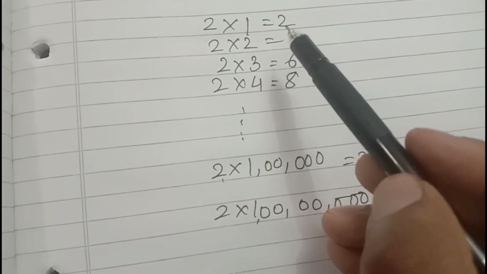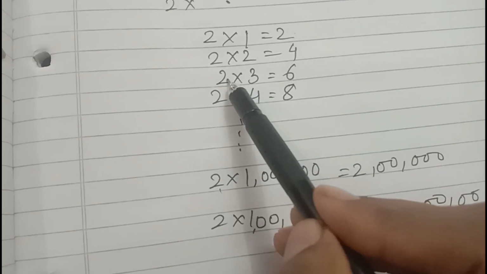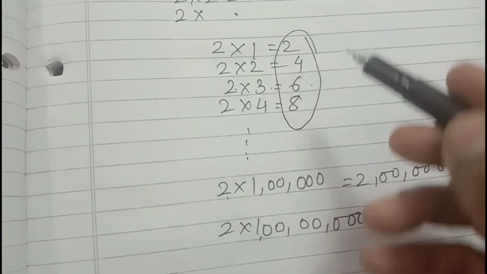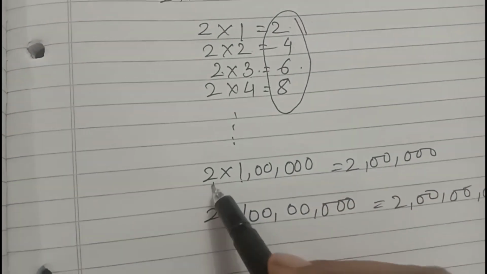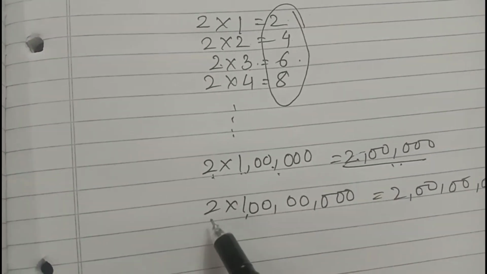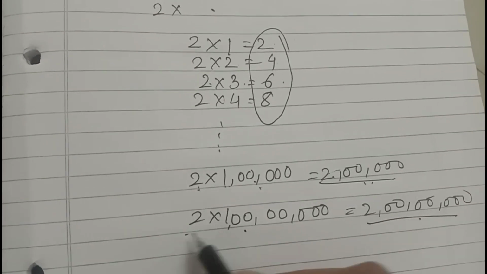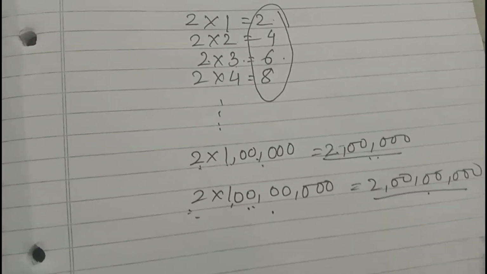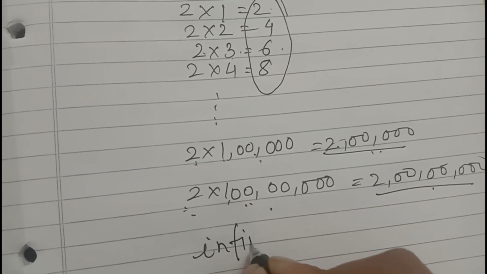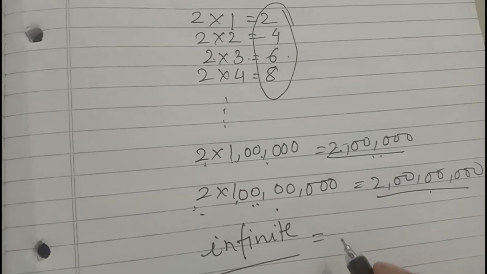Now let's see 2. So 2 multiplied by 1 equals 2. 2 multiplied by 2 equals 4. 2 multiplied by 3 equals 6. This way, these are the multiples of 2. But you can multiply with any number. You can multiply with 1 lakh. So what will this become? 2 lakh. This is also a multiple because we got it by multiplying. 2 multiplied by 1 crore will be 2 crore. 2 crore will also be a multiple. Why? Because this is obtained after multiplying two numbers. That means the multiples of any number are infinite. That means they can go to infinity. These are infinite. Okay.